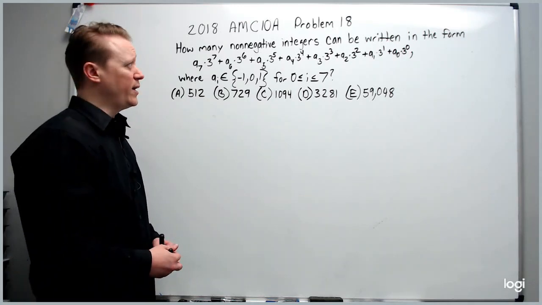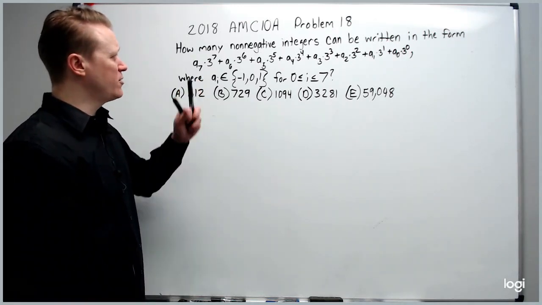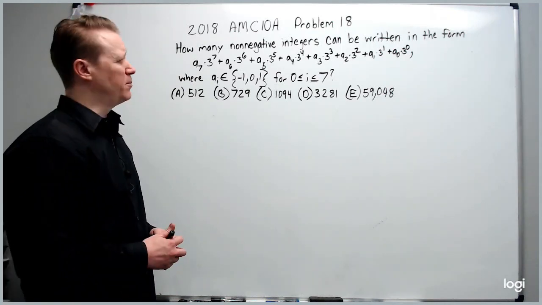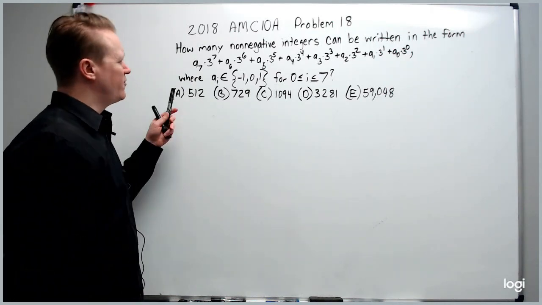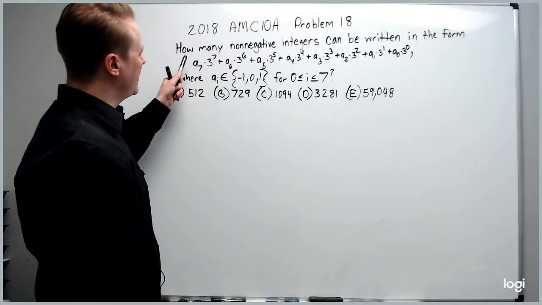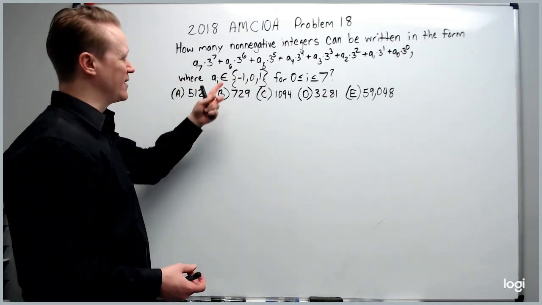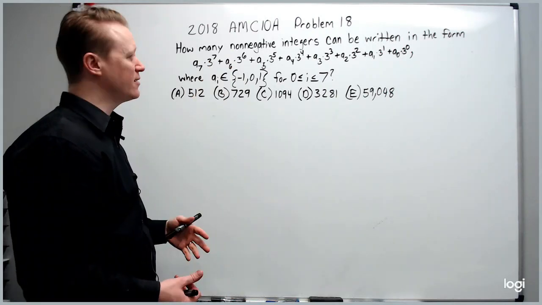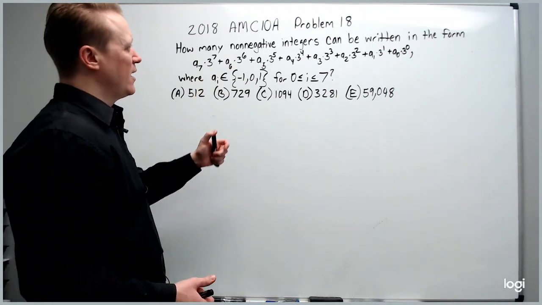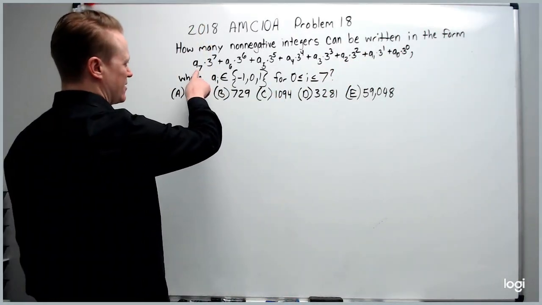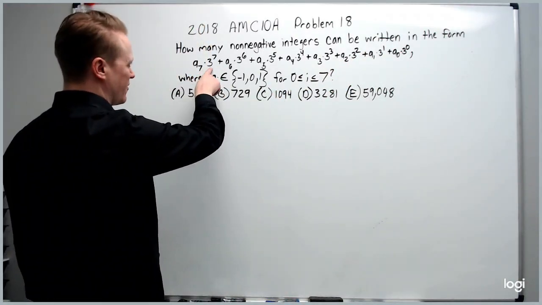In this video, we are going to look at the 2018 AMC 10A, problem number 18. It asks how many non-negative integers, as you're reading, try to process. Non-negative doesn't mean positive, it can include 0. Can be written in the form a sub 7 times 3 to the